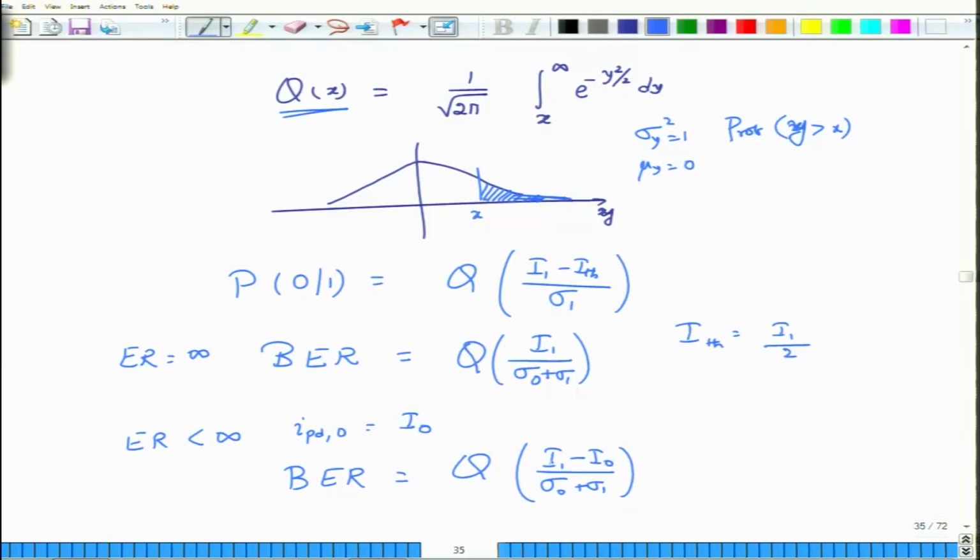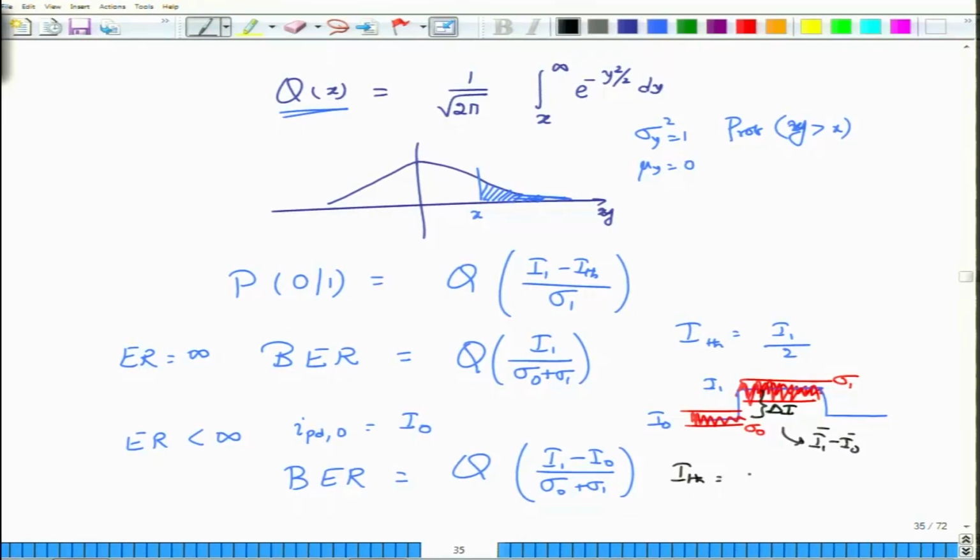And please note that I1 and I0 are the average values. So in the absence of any noise, if this is I0 and then this is I1 that you receive when you launch a bit 0 and a 1, and on top of it you actually have the noises. So this is how the noise is present. So this is larger noise. So this is the noise variance sigma 1, this is the noise variance sigma 0, but what you are looking at is this average photocurrent difference, that is delta I, which is defined as I1 minus I0. I have omitted writing these bars to simplify the expressions.